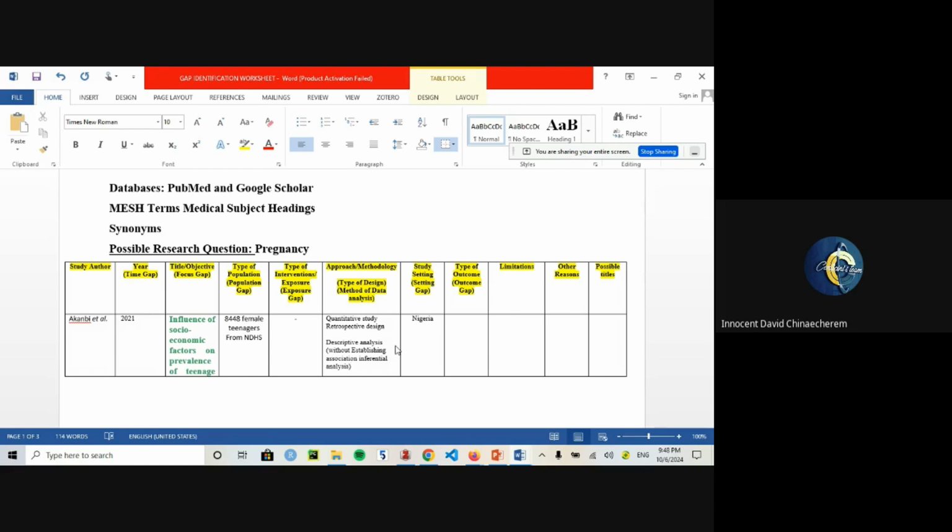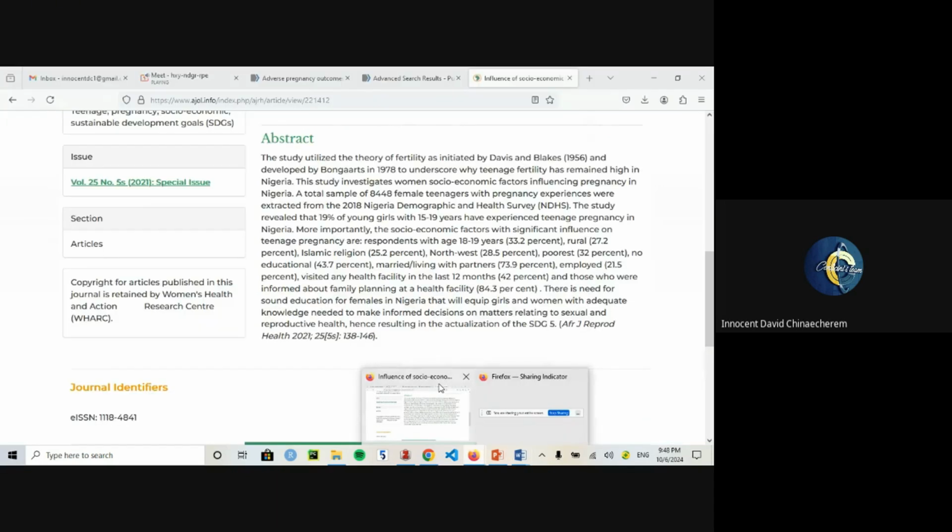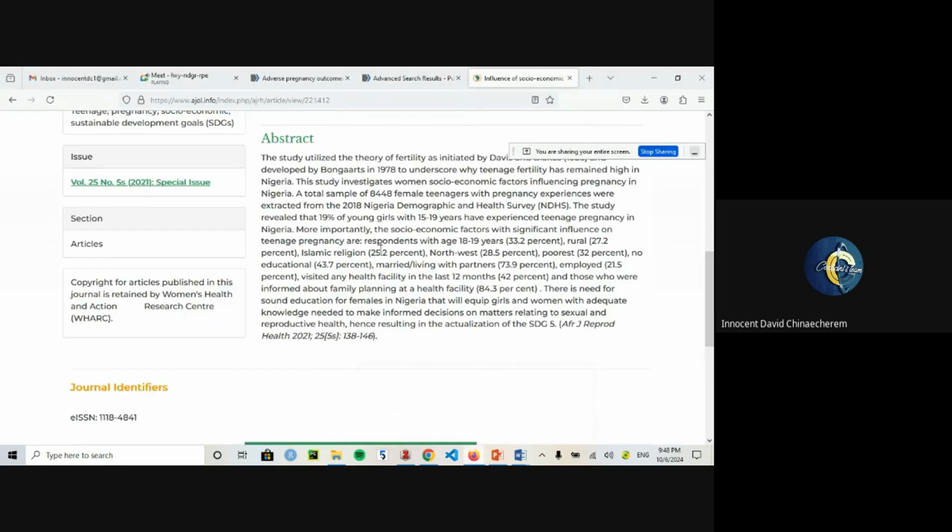So you can also look at it from another point. It wasn't qualitative and all that, which is already something, but from what it has done, what are some of the limitations or some of the things that you believe? You can read this article and you can see that this article has not done. That is what it is.